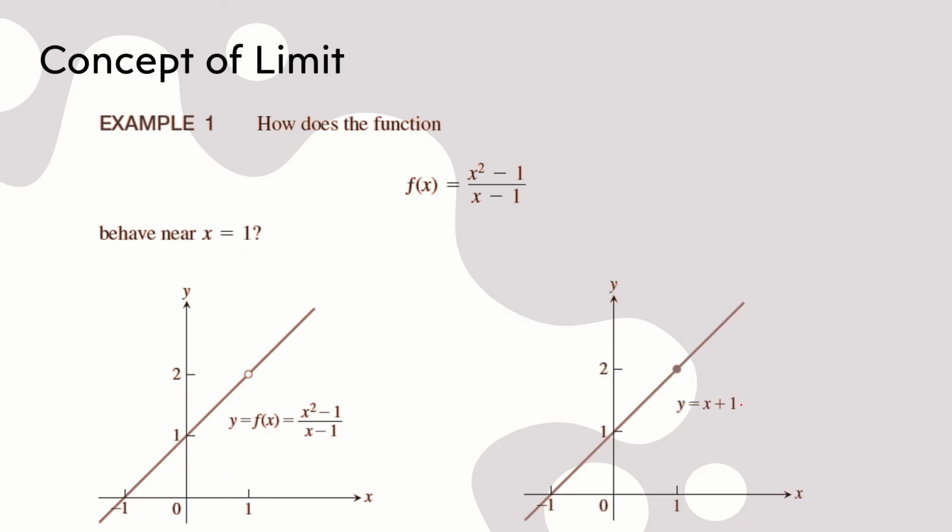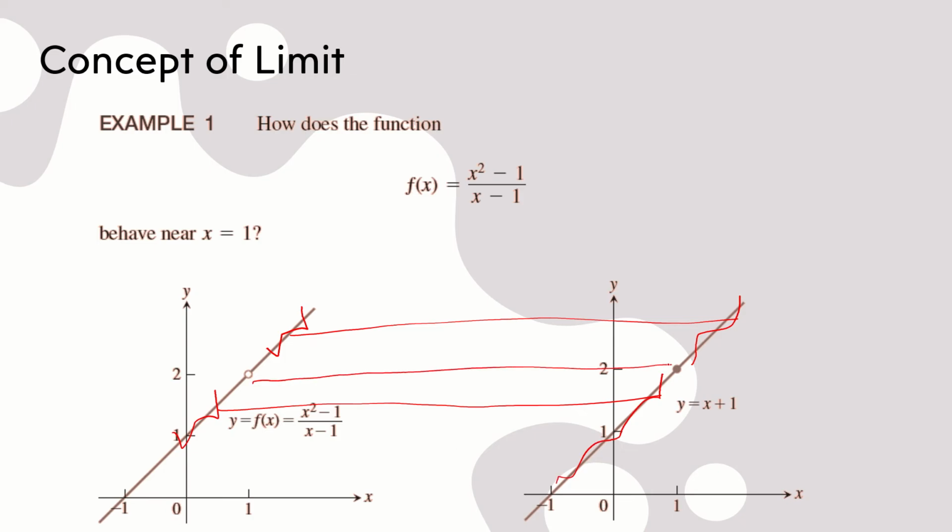Okay, so you see that's the graph of y is equal to x plus 1, and this is the graph of y is equal to x square minus 1 divided by x minus 1. दोनों का अगर आप देखेंगे यहाँ पे, if you consider above x equal to 1, you consider below x equal to 1, दोनों के जो ग्राफ्स हैं they are same, राइट। You see that यहाँ पे जो वैल्यू है, यहाँ पे जो वैल्यू है और यहाँ पे वैल्यू है, they are exactly same. सिर्फ जो मसला आ रहा है, जो पॉइंट है जहाँ पे ये डिफाइन नहीं है, वो x इज इक्वल टू 1 पे है। इस केस में x इक्वल टू 1 पे फंक्शन की वैल्यू 2 है, जबकि इस केस में हमारे पास फंक्शन की वैल्यू हम कहते हैं does not exist, राइट।